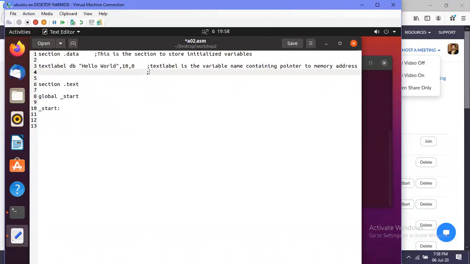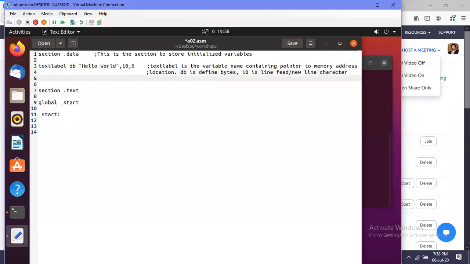Memory address location containing pointer to memory address location, right? db is define bytes, and 10 is line feed or new line character. 0 is the null character, right?